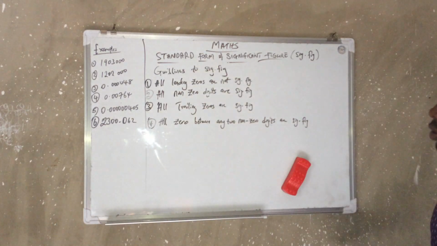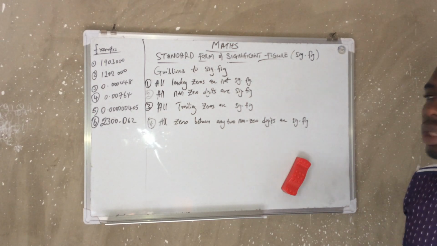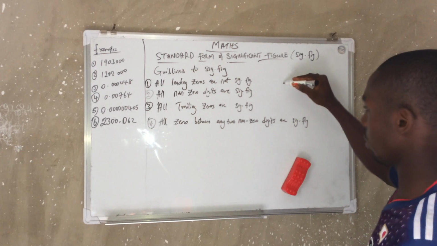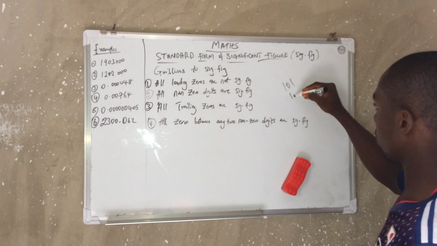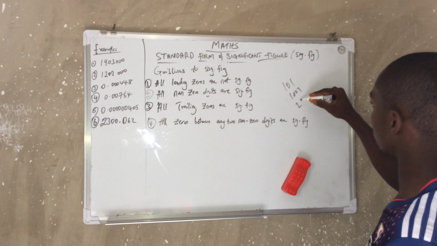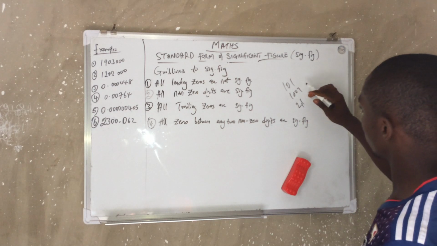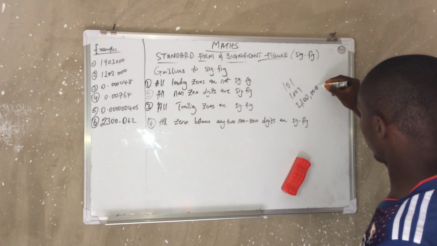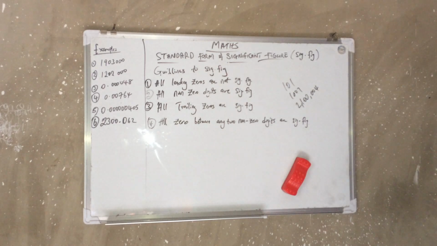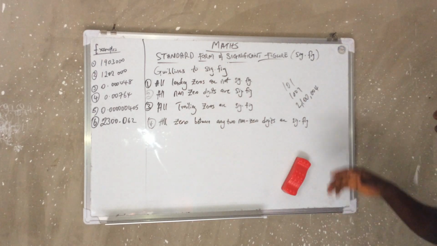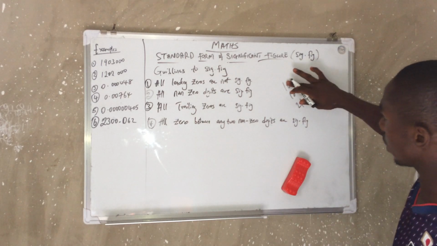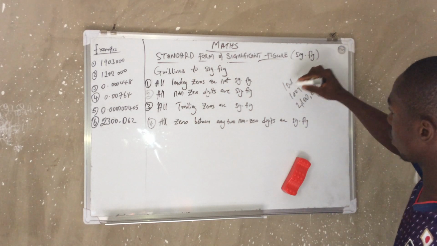Yes, all the zeros between any two non-zero digits are significant figures. For example, let us say that we have 101, or 1001, or 2000, 2,000,100,004. Now, these are significant figures because if you remove this zero here,